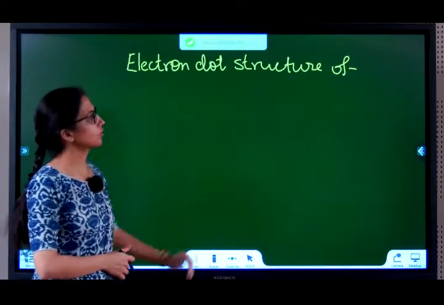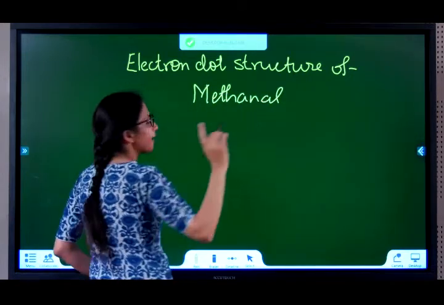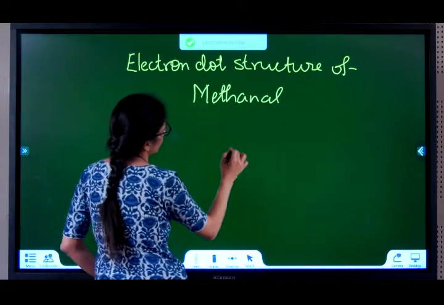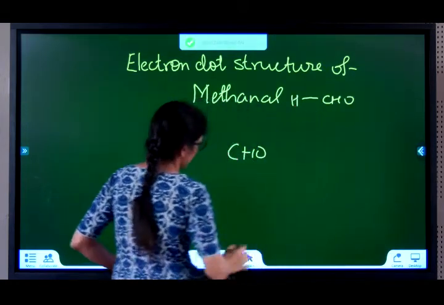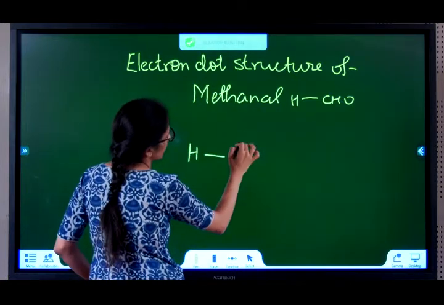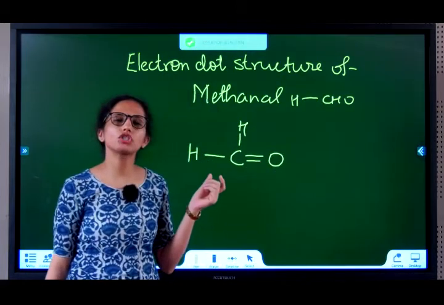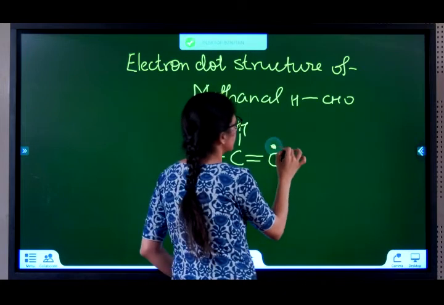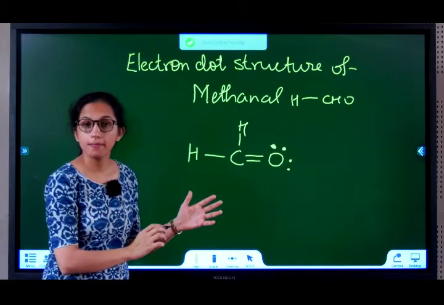Let us say they asked us to draw the electron dot structure of methanal. You have to show every bond possible, and if there are extra electrons in the valence shell, show it. So CHO, I'll just write a rough figure here, CHO with a H, right? So let's start. H bonded with this C. This one has one H and a double bond O. Oxygen has how many electrons in its valence shell? 8, 2, 6, 6. 2 are occupied. It has 4 more. So this will be your electron dot structure of methanal.